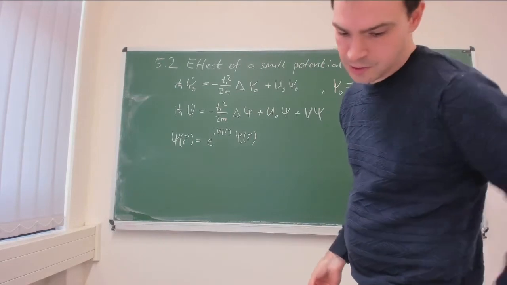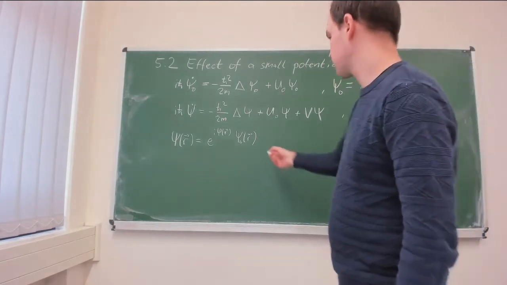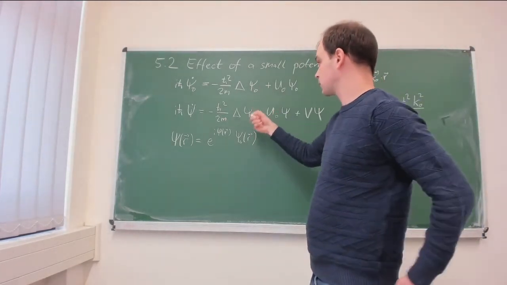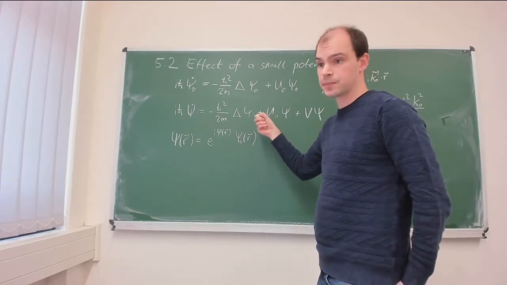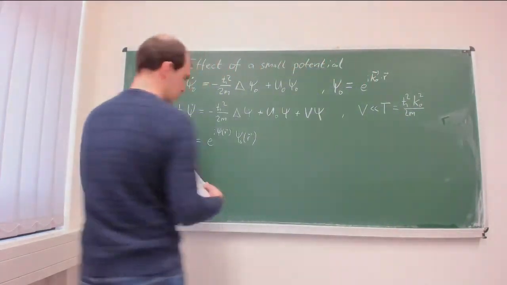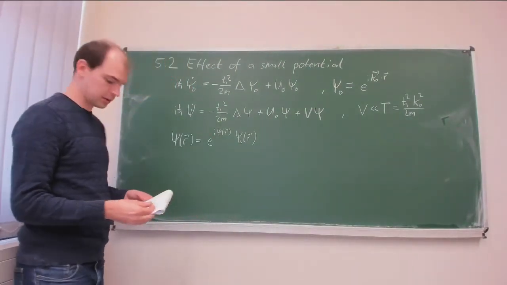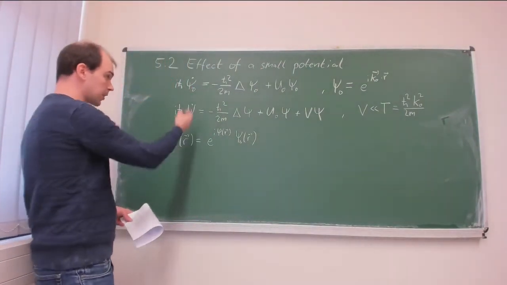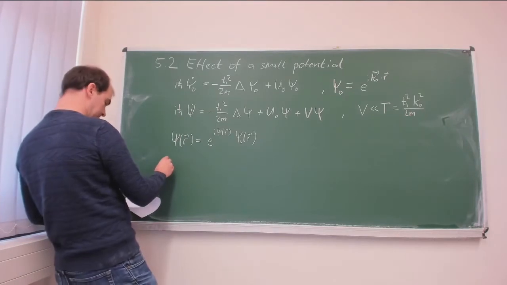And now we insert this ansatz into the Schrödinger equation here. So with this ansatz, and I copied this from my notes, so I don't make a mistake, we find